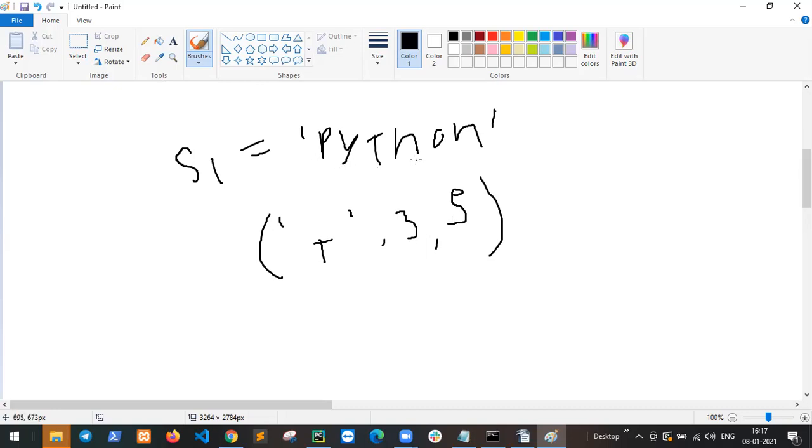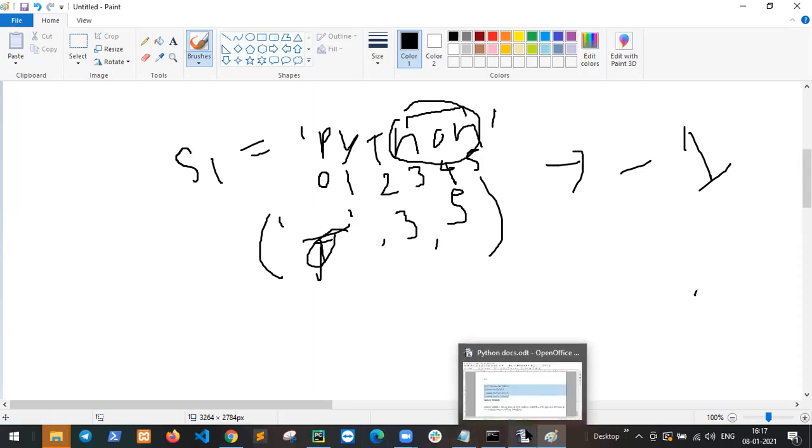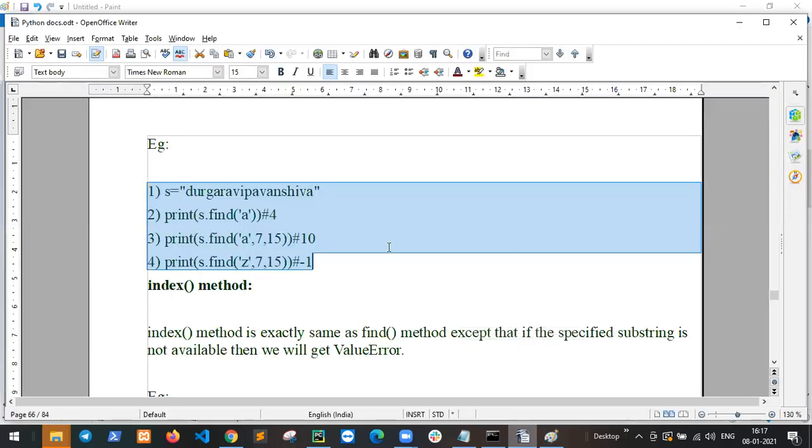My string is searched only between these values. T is not present between them, so we will get -1. This is the output. Got it now? Yes, sir.